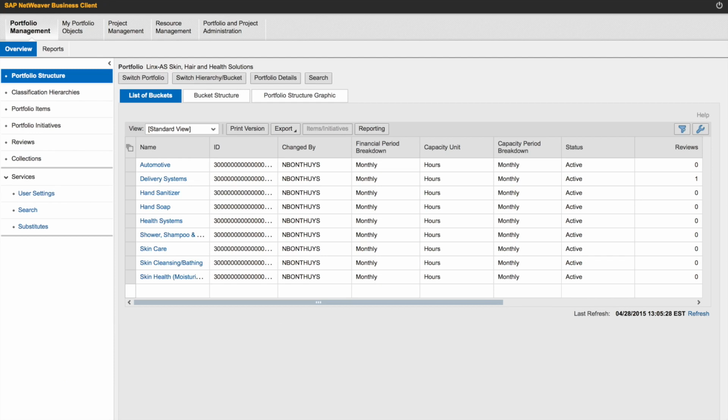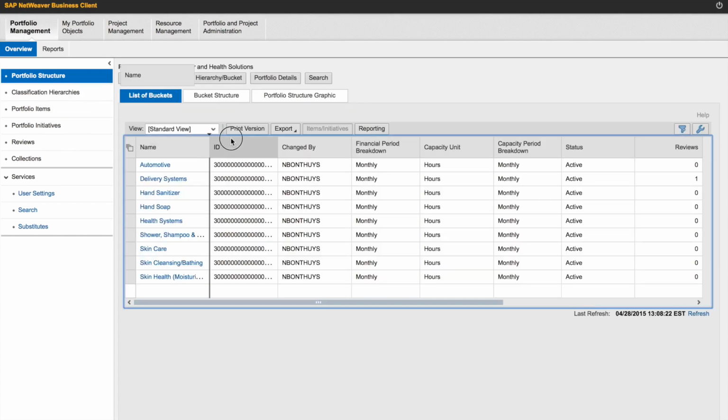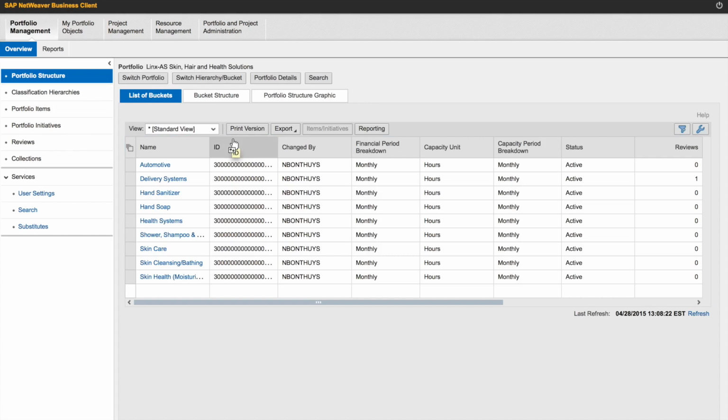From a portfolio standpoint, which we're looking at right now, it gives portfolio managers full visibility into all current and proposed product development projects. It allows them to align product development with portfolio strategy, and it enables KPI decision making. So basically, the winning ideas, the most profitable ideas, will get moved through to product development and ultimately to manufacturing